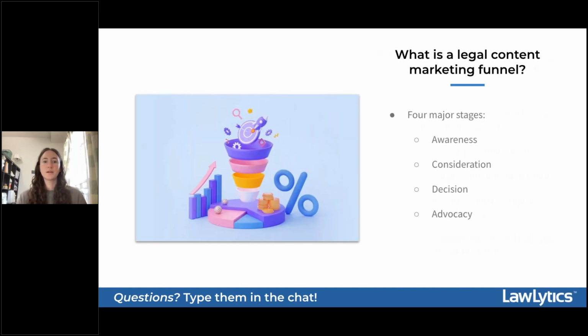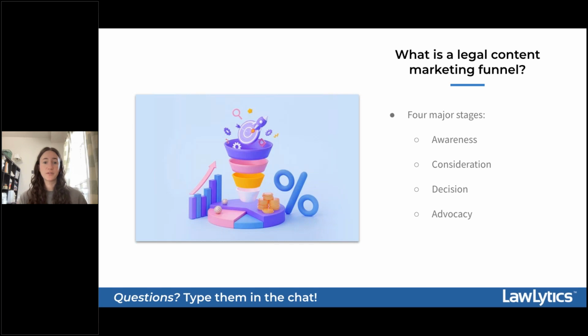So first, a general content marketing funnel outlines a customer's journey with a business from the beginning stages of interest to the final purchasing stage, like we said. For attorneys, your content marketing funnel is going to describe the journey your potential client takes with your firm from when they become aware of your practice to when they become your client. Essentially, the funnel metaphor just represents the gradual filtering of website visitors from that super broad point, maybe on Google, to someone who is ready to hire you. So let's go into these 4 stages, starting with the awareness stage.